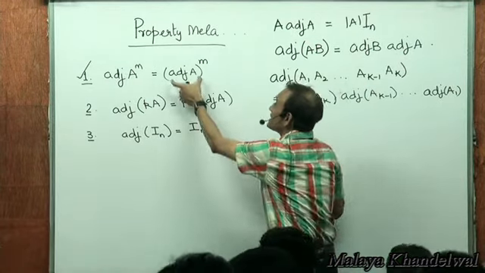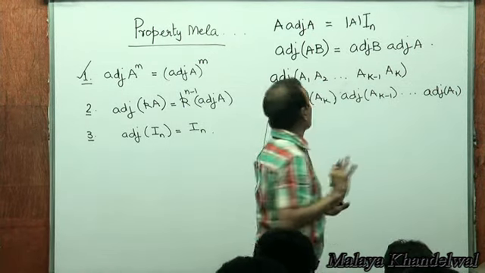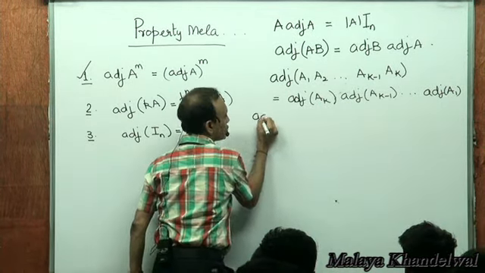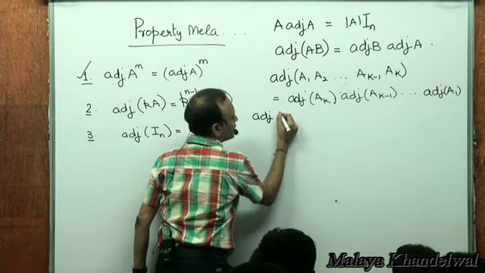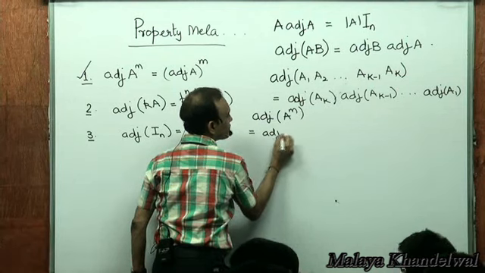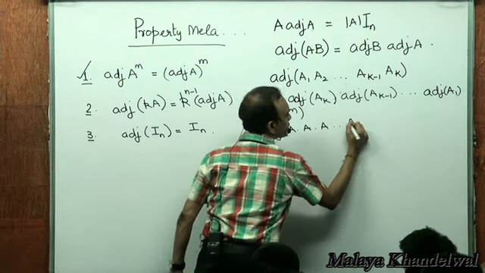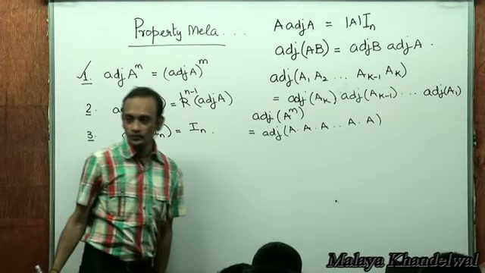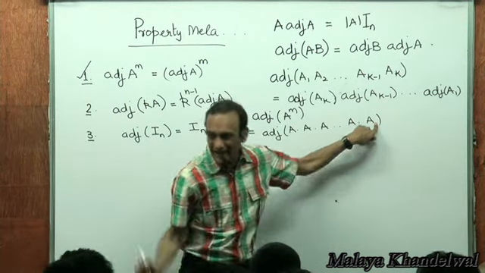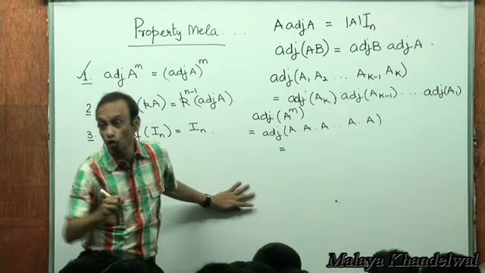That's the same as adjoint of A to power M. A very direct consequence of this: adjoint of A to power M is like adjoint of A into A into A, M times. A1, A2, A3, up to AK minus 1, AK kind of a thing. Which is now, using the rule of reversals,